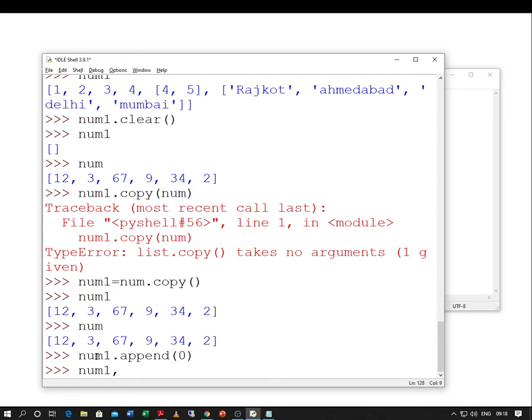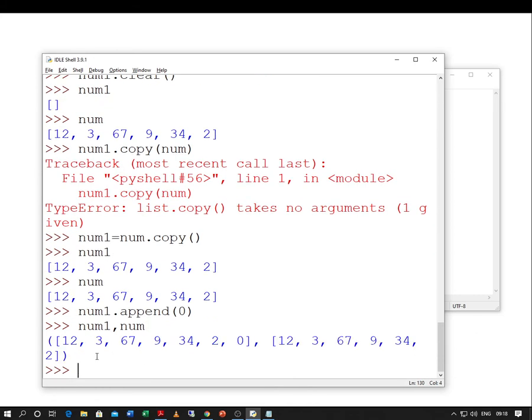We print both the values num1 and num. Observe carefully, when we create a copy of the list using the copy method, then yes, we are creating a duplicate copy of the list, but when we append to one of the lists, then that value is not added to the other.